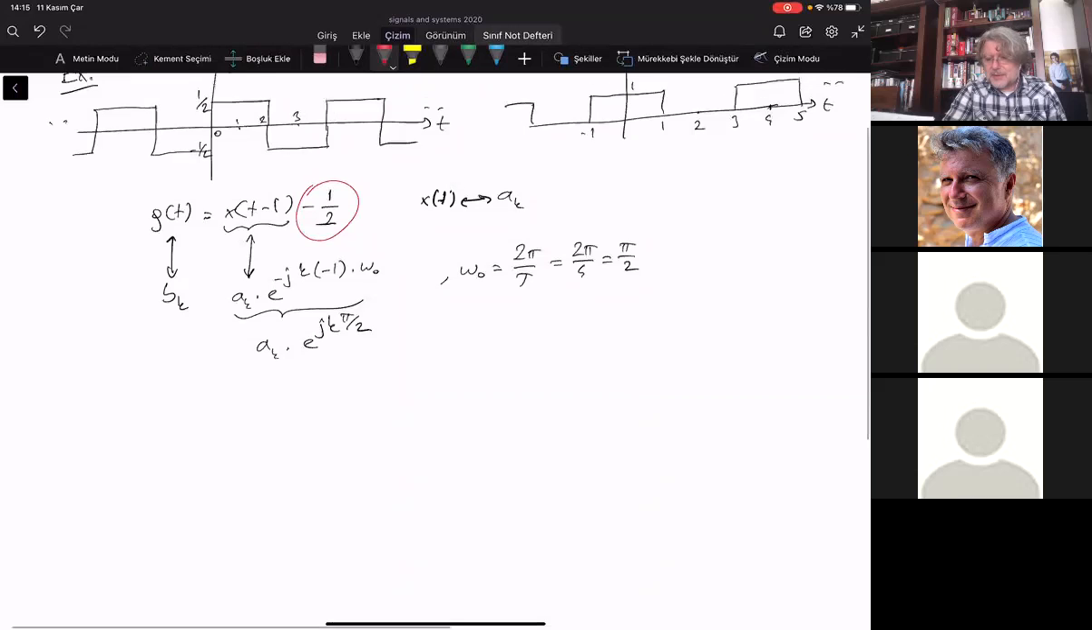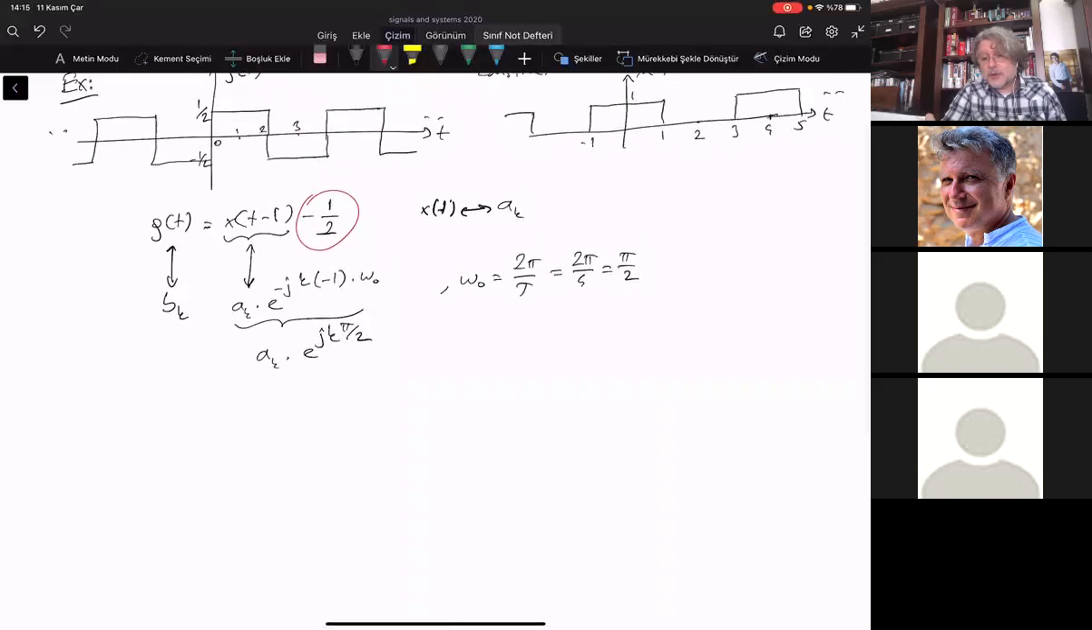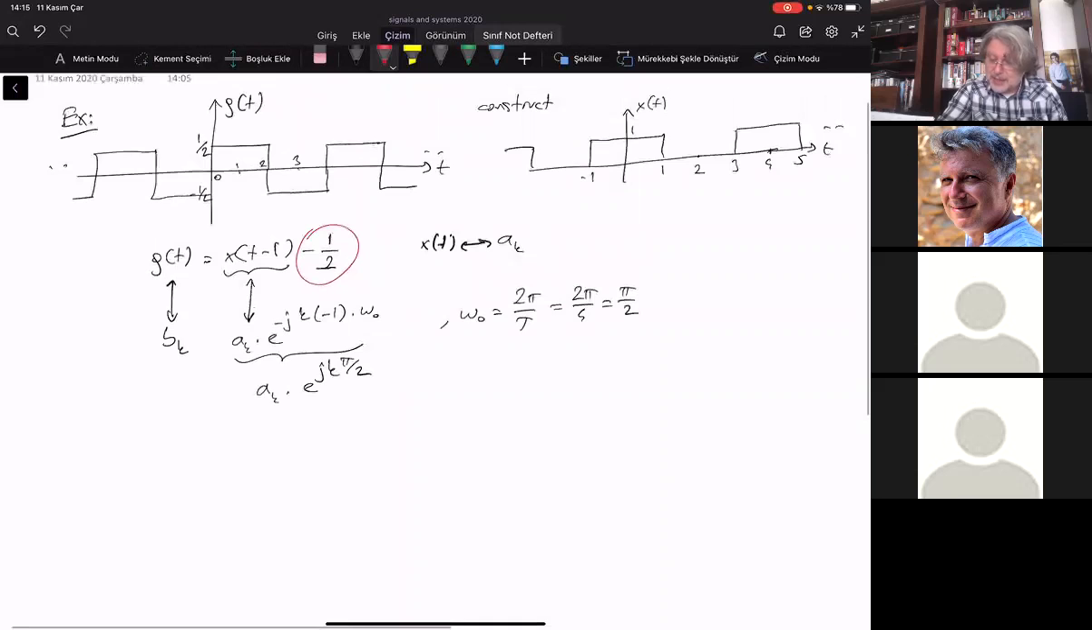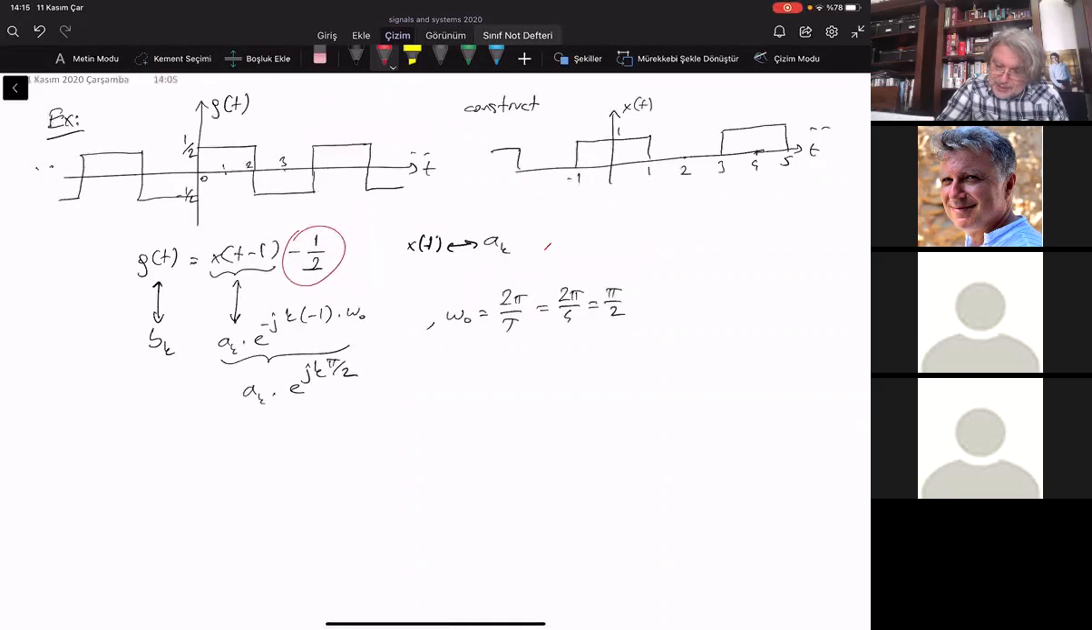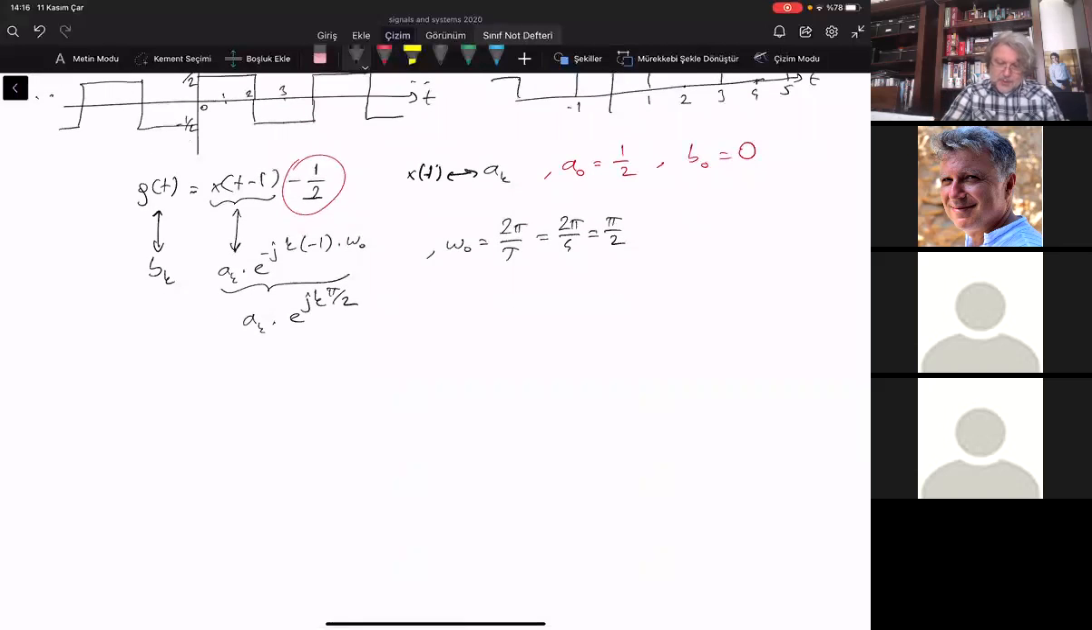Previously, the DC Fourier series coefficient was 1 over 2 for x of t. So I can see it, A0 was 1 over 2. But now I can see that B0 is 0 because it's positive and negative completely symmetric. So with this thing in mind, I can say that BK, of course, for k different than 0, is equal to